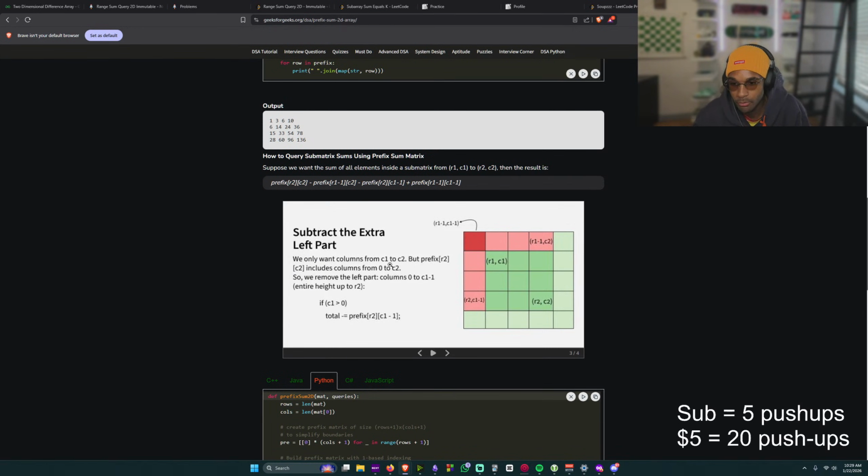We only want columns from column 1 to column 2. But the prefix of R2, C2 includes column 0 to column 2. Yep, so we want to remove the left part.